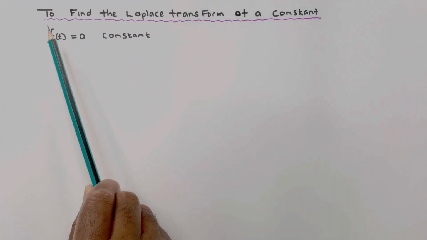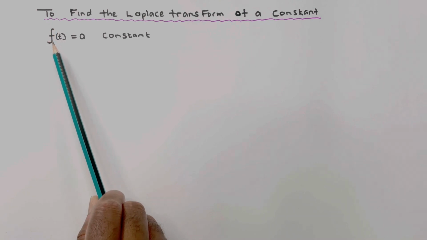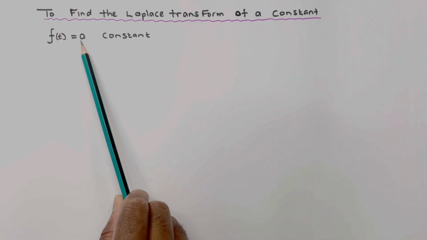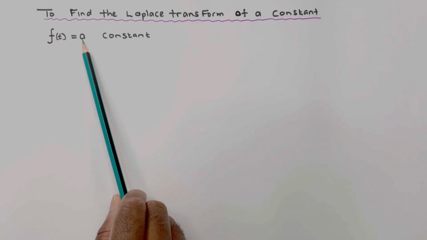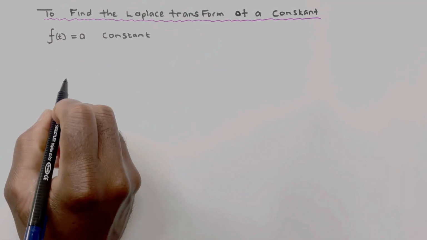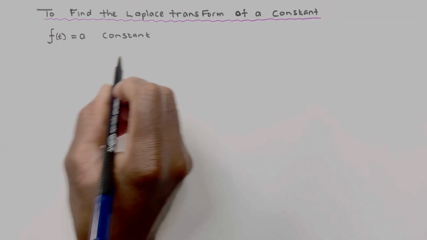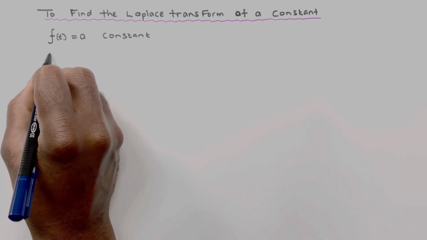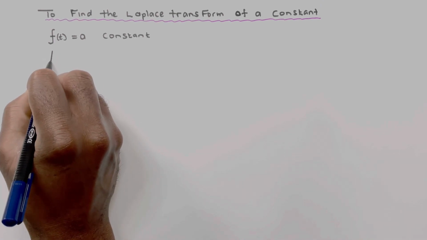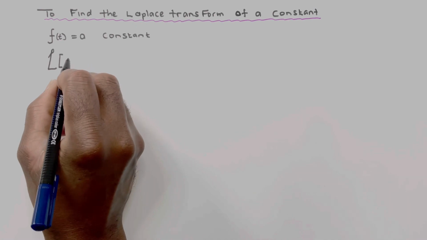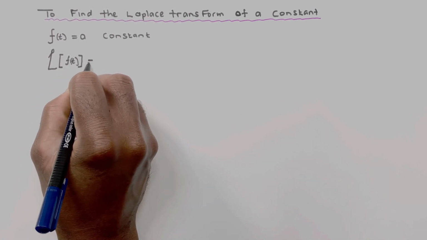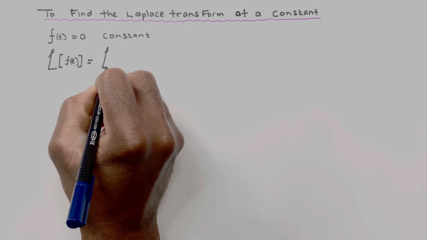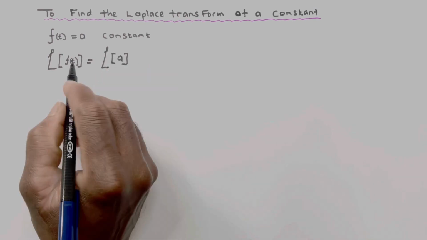So we're going to start by finding the Laplace of a constant. A is a constant. We're going to transform that f(t), which is equal to a, to the Laplace function. We will start by writing the expression for Laplace, and that we say the Laplace of f(t) will be equal to the Laplace of a, replacing the f(t) with a,